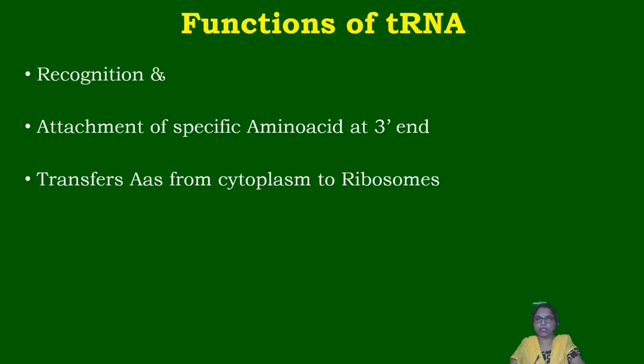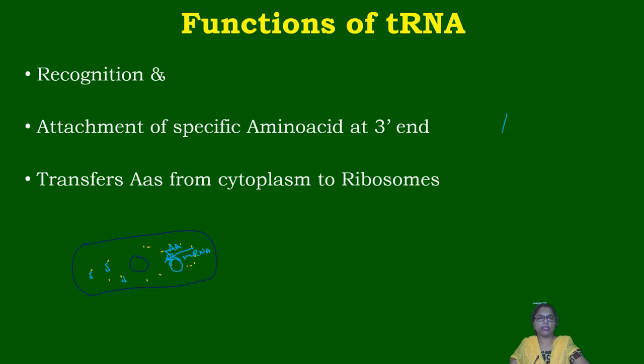Let's see the functions of tRNA. What the tRNA does is, first, the recognition of amino acids, which are present in the cell. Suppose this is the nucleus and these are the amino acids that are present, and imagine this is the ribosome where the mRNA is attached. The tRNA has to carry the amino acids. Ribosomes provide the platform where the tRNA has to carry these amino acids.